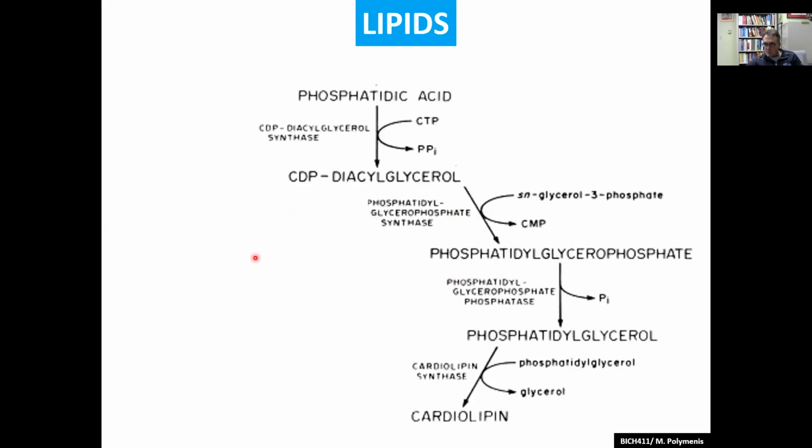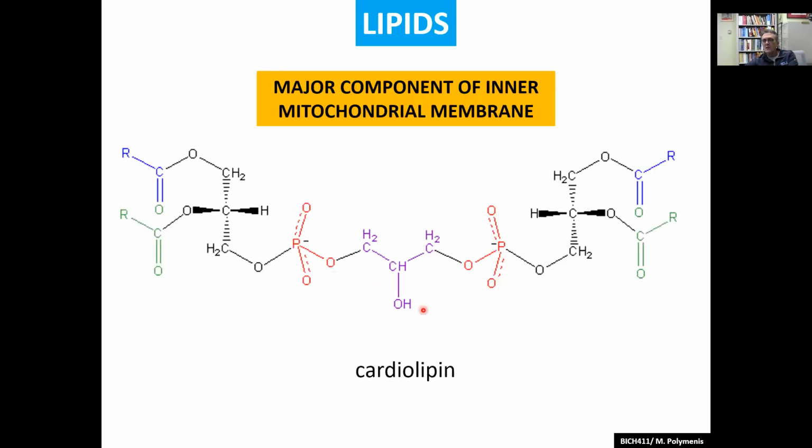Likewise, if you have a CDP-diacylglycerol, and then if you combine two of them together, you get something super special called cardiolipin. So I'm just going to skip the steps here and show you how it looks, and you'll understand what I mean. This is one phospholipid, and this is the other, and it's joined by a glycerol, actually. Okay, and so this is called cardiolipin.